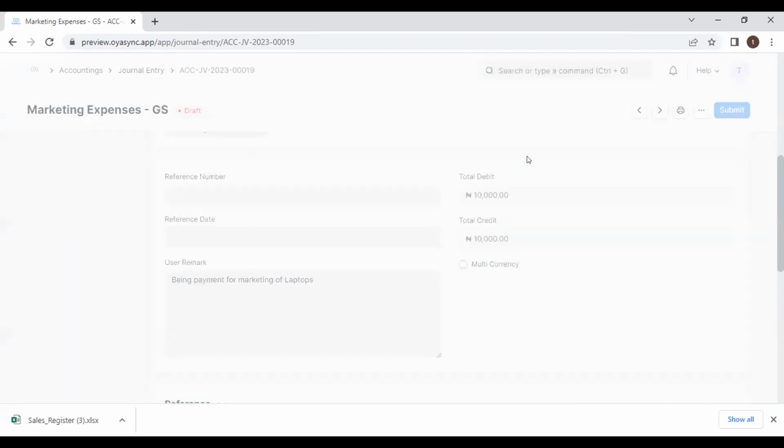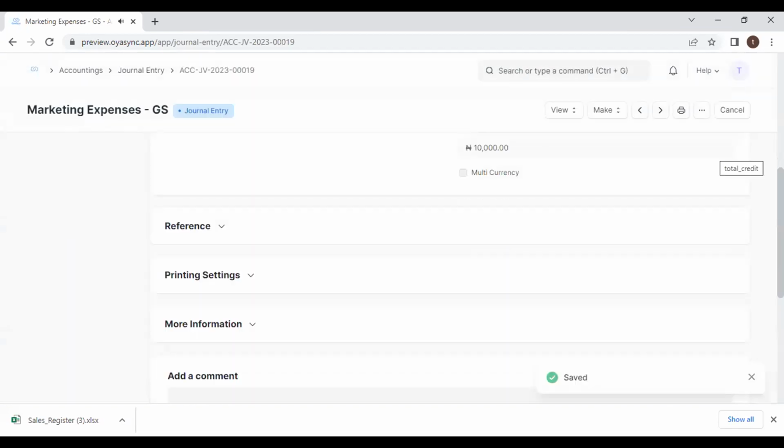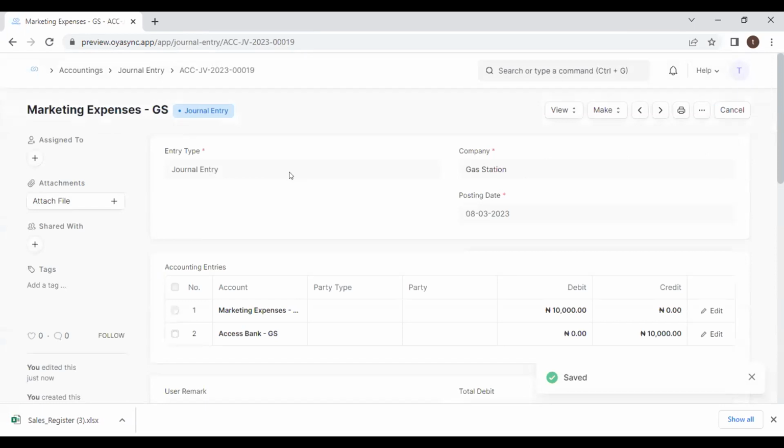That's basically how journal entry works. You will most likely just be using a normal journal entry, but if you need to run a bank entry also, you can use it. You can use a credit note, you can use other journal entries. So with that, we will be calling it a day for today, but we can't call it a day without